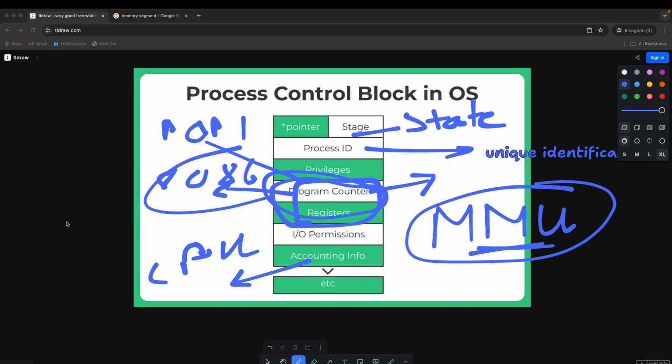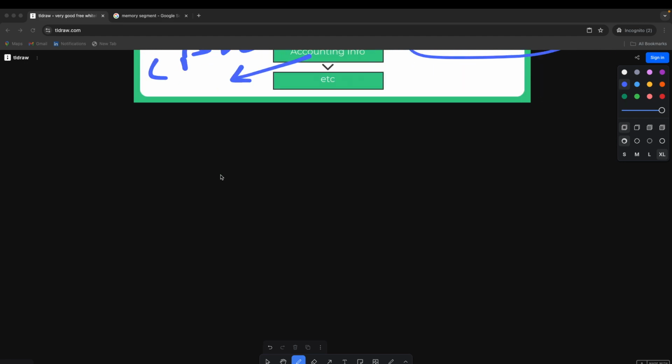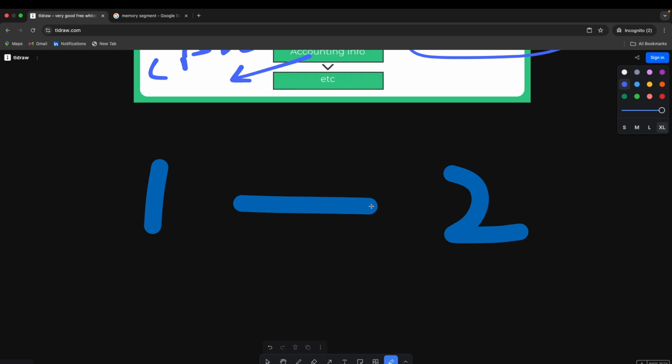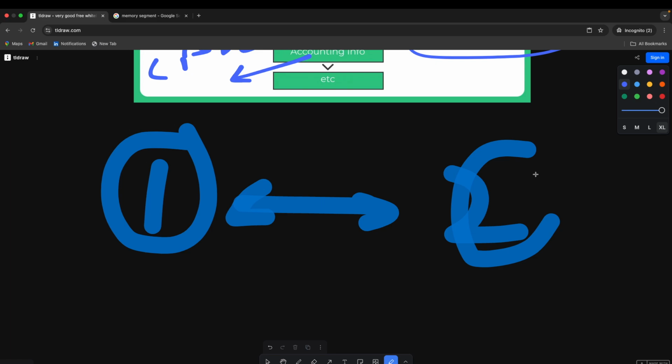Remember, RAMs are connected by a high speed bus, and this is secondary storage. SSD will be using USB or a SATA or any other interface, because if you want two objects to communicate, it's logical, right? If person one wants to talk with person two, they have to do it at the same speed. If one is fast and two is slow, it's not going to work. Or if two is fast and one is slow, again you're going to waste time, right?